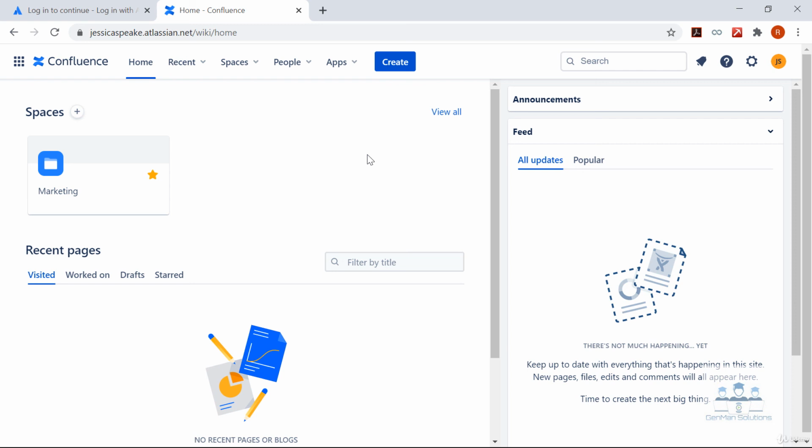If you are a Confluence administrator, I would highly recommend reaching out to Atlassian to learn how to set up and configure Confluence on your own server, because that requires more customization and is beyond the scope of this course.